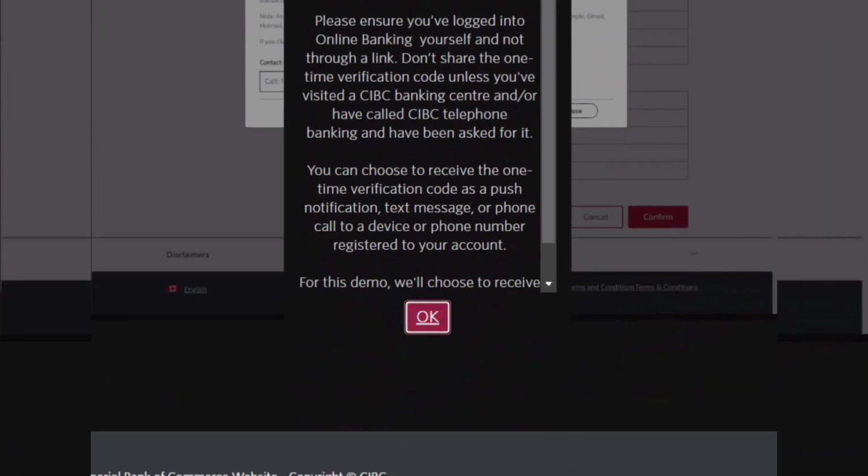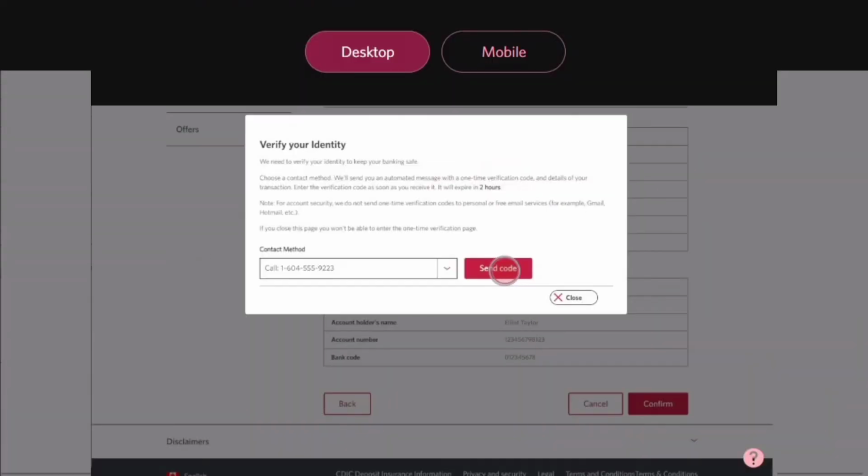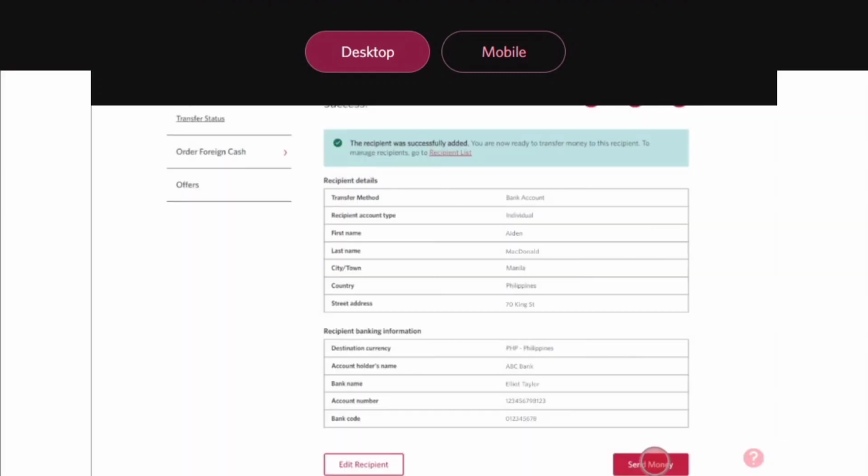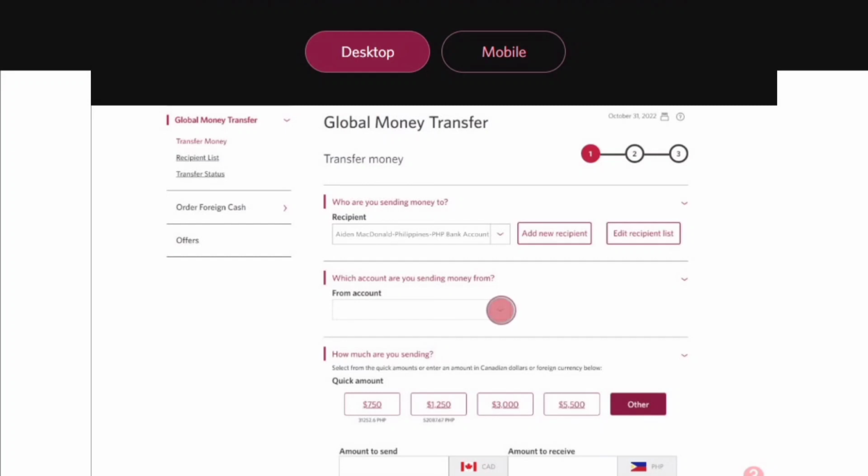then click on confirm. After that, what you're going to do is click on send code and then put in the code, verify everything, and then you're going to see everything one more time and click on send money, from which you're going to choose your account, which money you're doing, and then put in the amount of money that